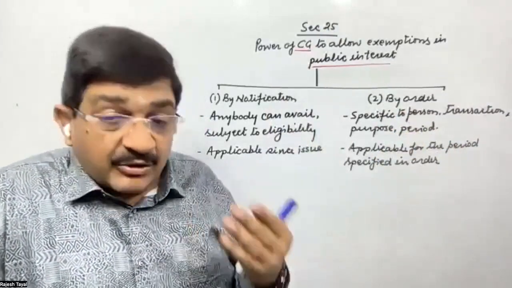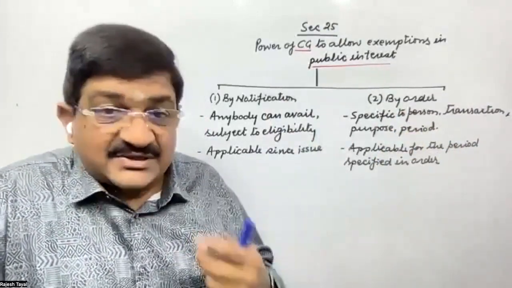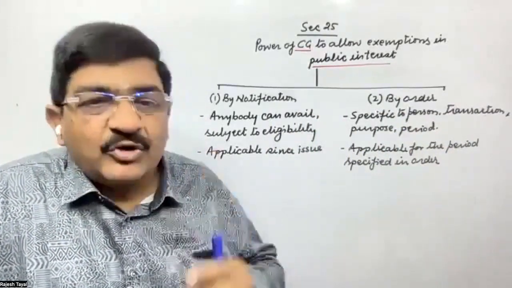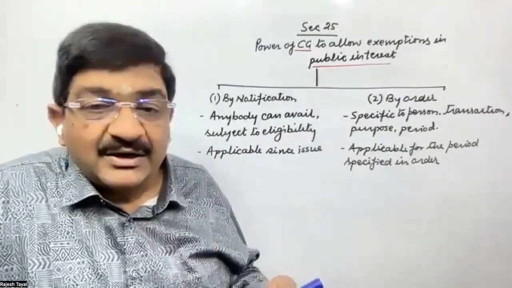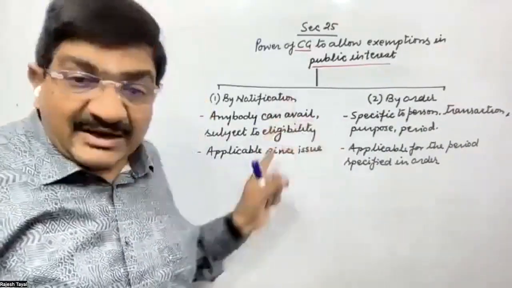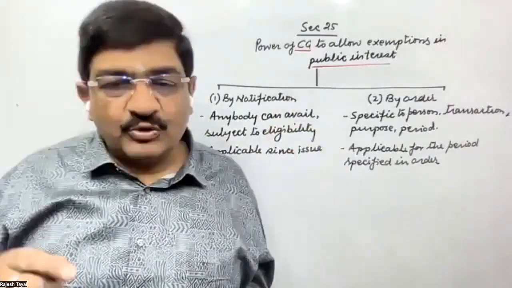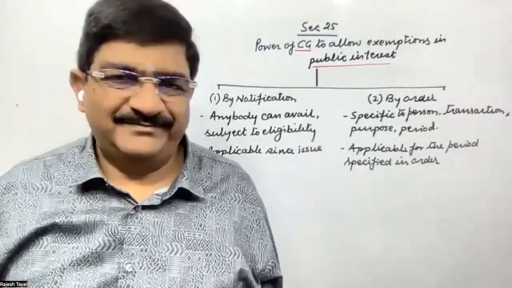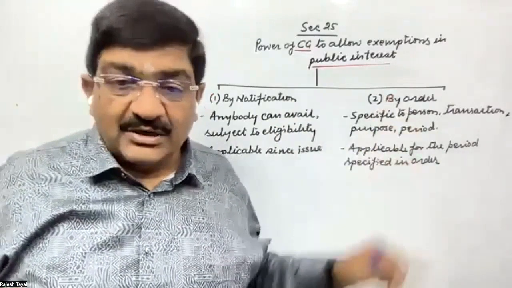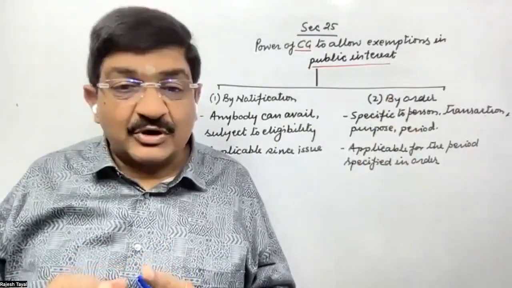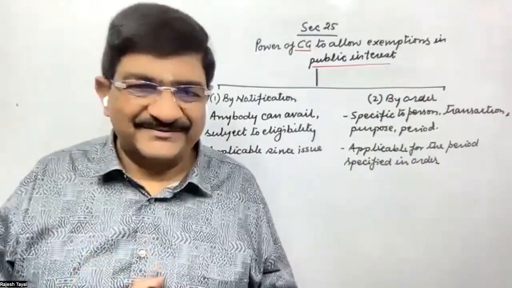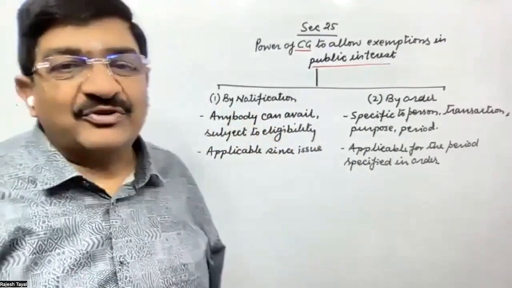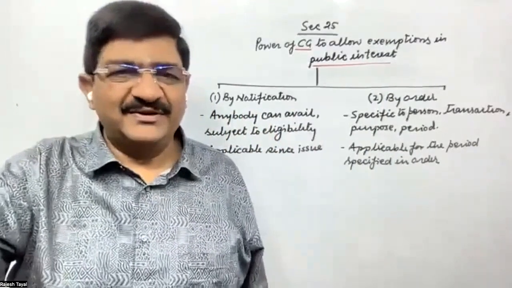Right. Now your case is a natural disaster, and in that case you don't know who is going to send, who is going to import, and where the material is going to be distributed, how the things are going to be handled. Then that has to be by way of notification, because once a notification is issued, legally it is deemed to be known to all. Order, whenever somebody wants to claim the exemption, a copy of the order should go with the bill of entry. Okay, understood, sir. In this case, nothing is given except the reference of this notification.